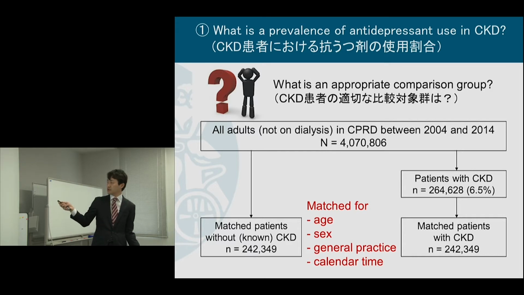And let me note that in this process, 20,000 patients were dropped because these 20,000 patients were 90 years old women. So most of them had CKD. So I didn't find any comparison group from this population. But for prioritizing fair comparison, I dropped these 20,000 patients and then compared this group and that group.